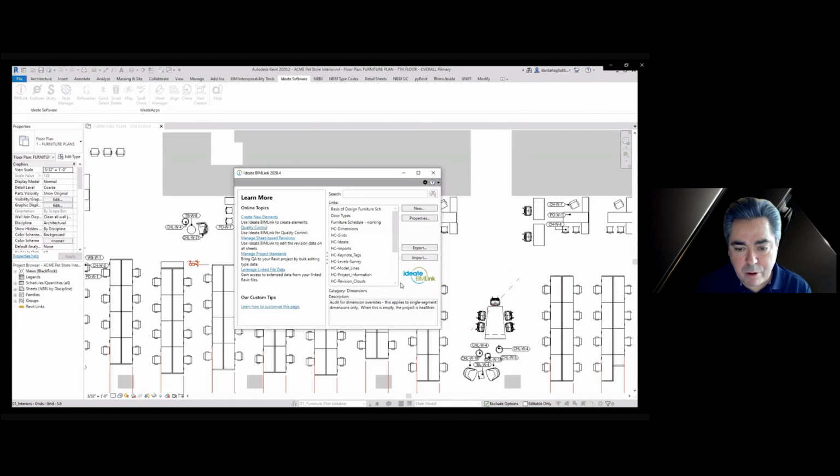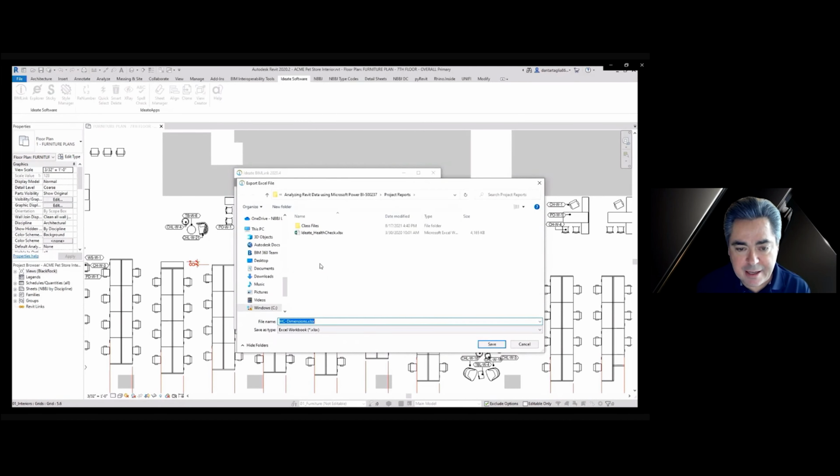Now, from this point, you have to pick one file at a time. So we're first going to pick the dimensions file there and hit Export. That's going to export the data from Revit. And then we're going to pick the Excel file we copied, that template file, and put the information in there. So we're going to hit Save.